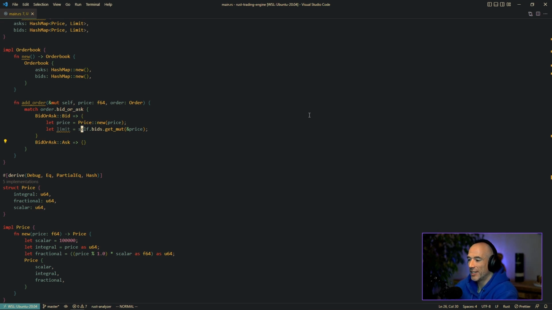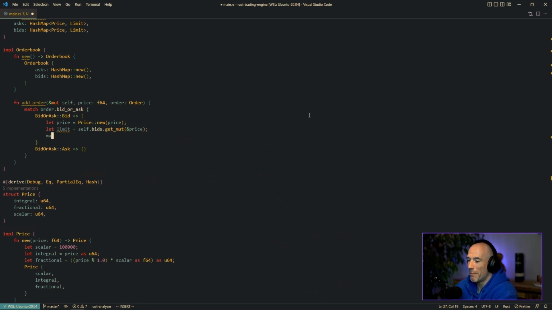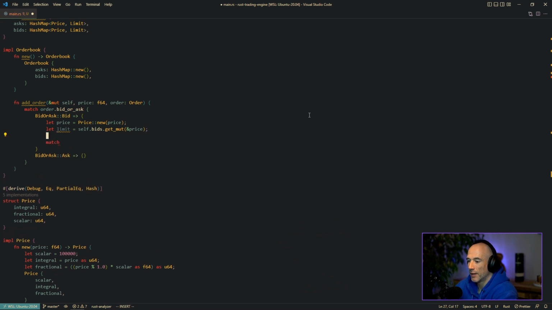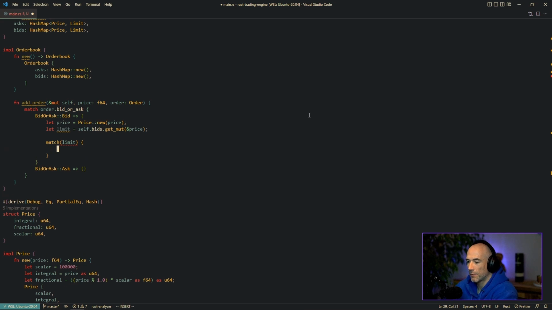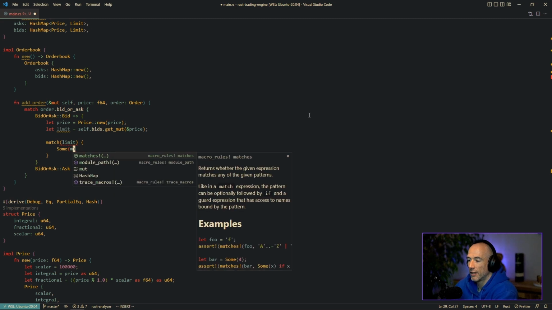All right, so we have this limit, right? And the thing is, get_mut basically returns us an Option. You could unwrap this, but we're going to match again. So we're going to match on the limit, like this, and then we're going to say case Some, right? It's a very common pattern in Rust. Case if there is some limit, we could do this,